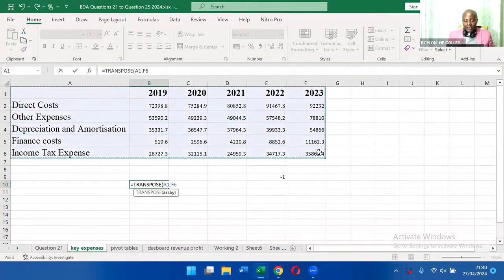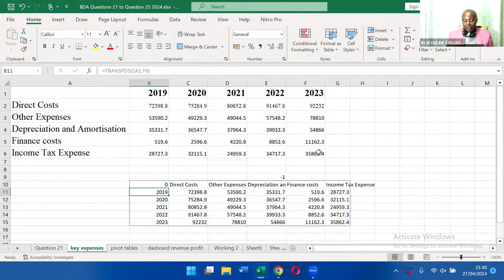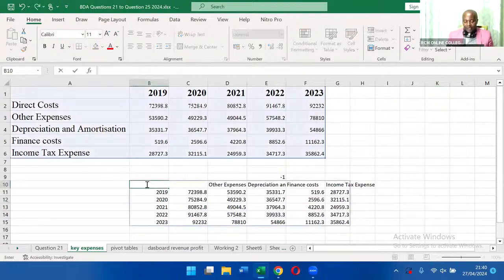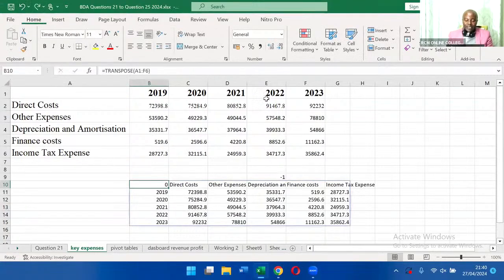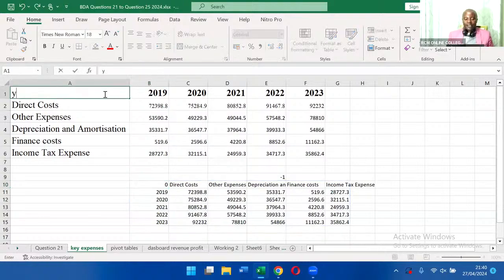Enter. You don't even have to close. When you see a 0 there, please put ears, because there must be something. So enter, and then you highlight everything. What happened? It means you must put the ears here before you start transposing. And then, of course, because you use the formula,